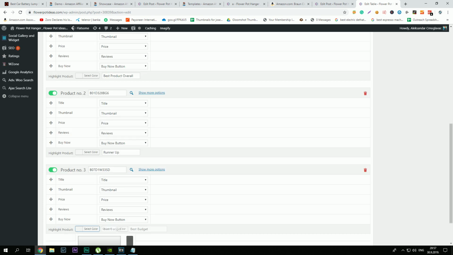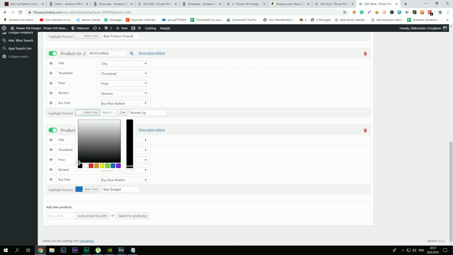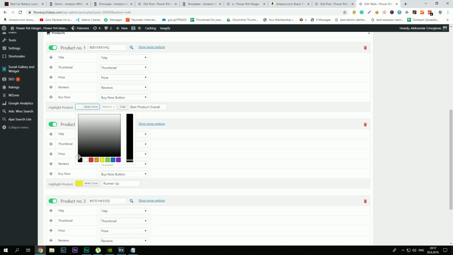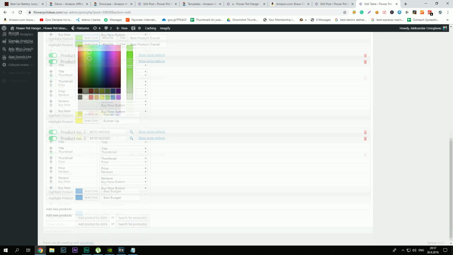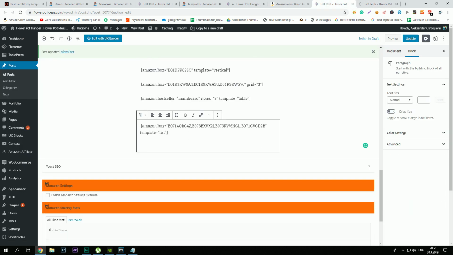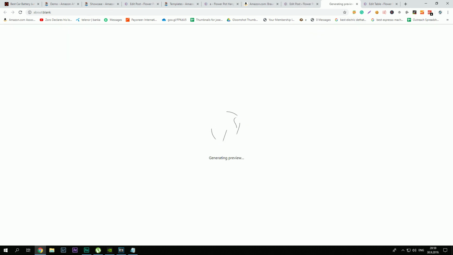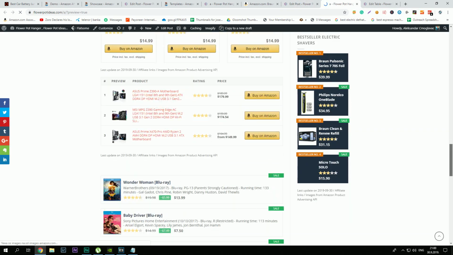You can change the color here. I want this one to be blue, I want this one to be yellow, and I want this one to be green. Then I'm gonna save, actually publish the table, and now I'm gonna copy this code. Well, this one is publishing. I will paste it on the bottom here and just update the page. So I'm gonna update it and I'm gonna preview it to see how it is looking. And if we scroll to the bottom, we can see the comparison table,